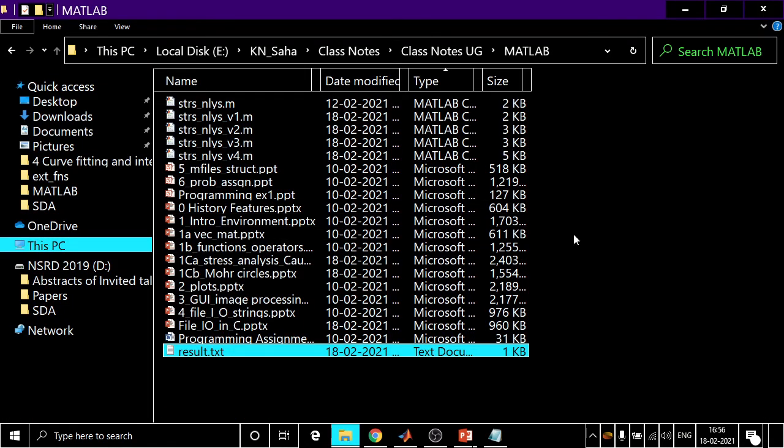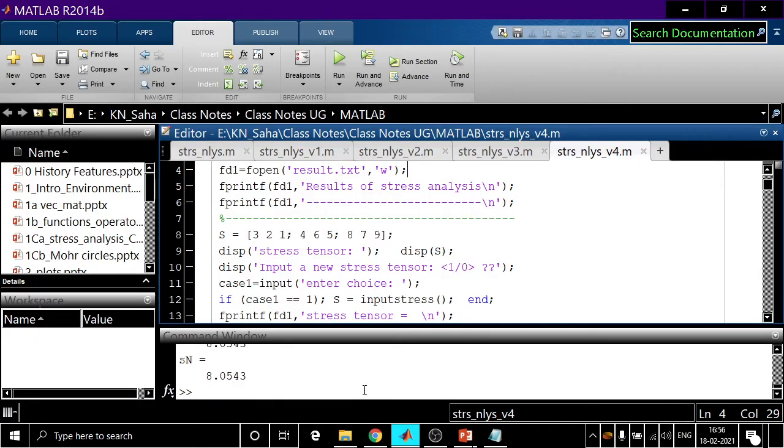You see, EKN Saha class note UG MATLAB. In our program also, we are getting that same EKN Saha class note UG MATLAB. So this file will be opened in this particular directory.